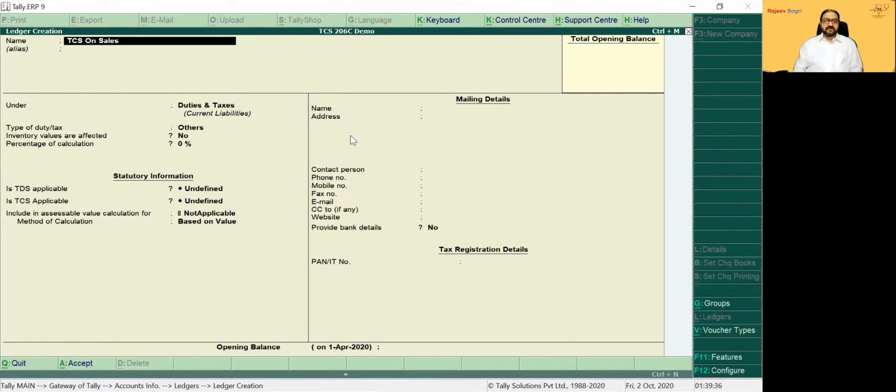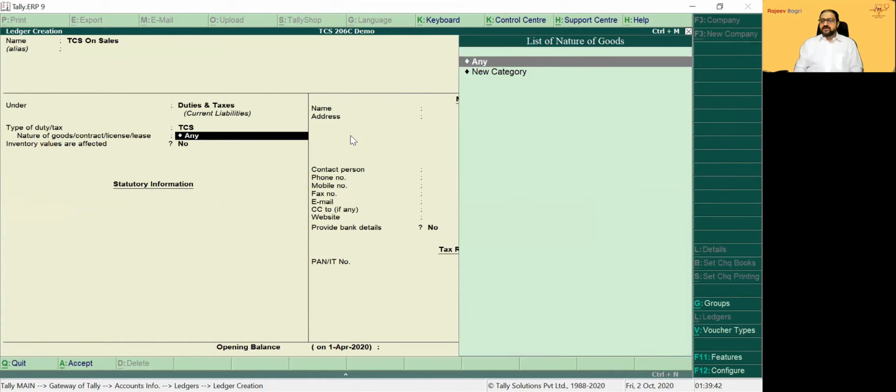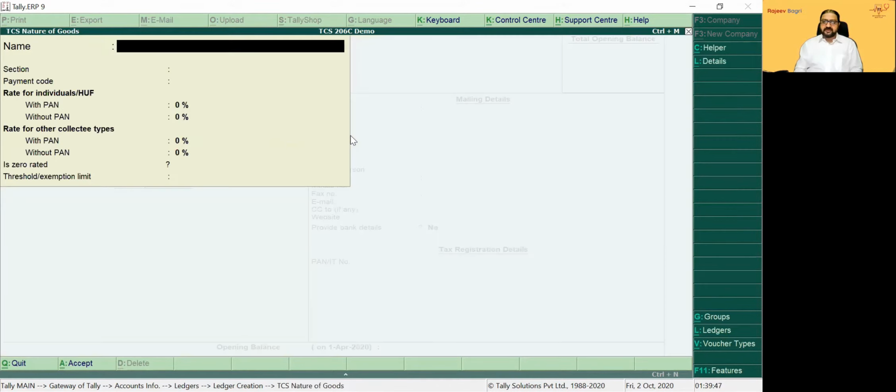Now let's continue with the TCS on sales, duties and taxes. We have TCS. Now you can see we don't have anything here, but we will create a new category, TCS. The code is 206C1H. 206C in section, payment code again 206C. For individuals it is